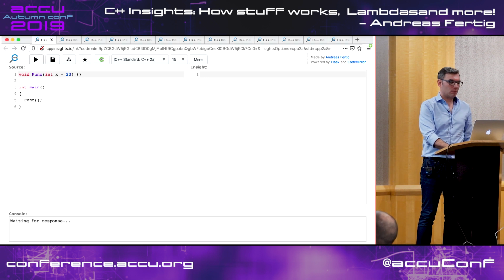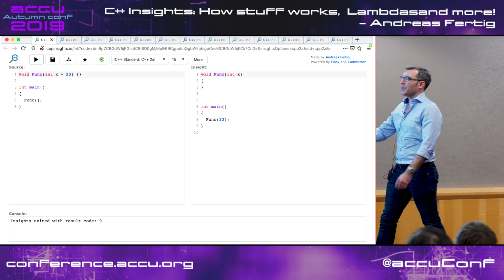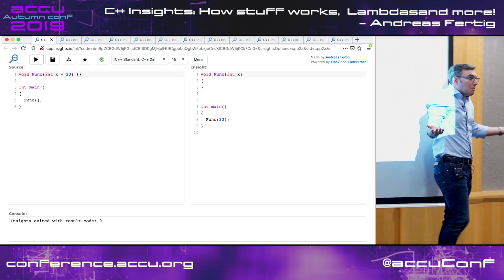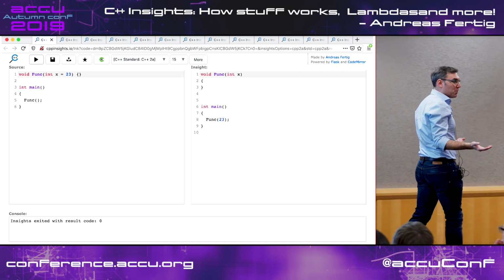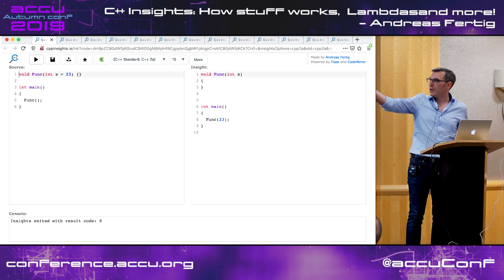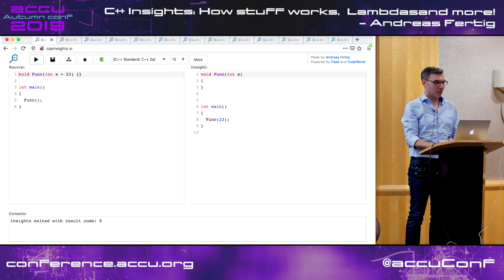Really simple. Compiler just inserts the 23 at the call site for me. That's it. I never questioned that. It may not be the biggest news, but it's nice to see that there's absolutely nothing special going on. We can write this by hand, but then we have to drag all the 23s in our code. Much easier, let the compiler do that lifting.